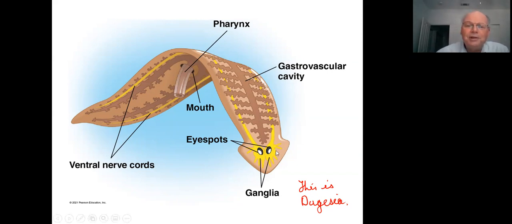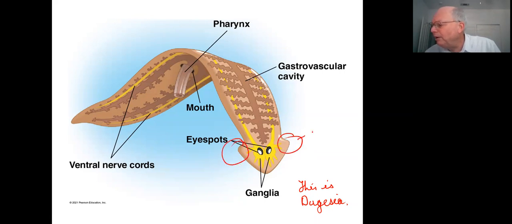In the center of the anterior end, representing the beginnings of cephalization, remember the clustering of sensory apparatus at the anterior end is something that we see with bilateral animals, and we refer to that as cephalization. We have a pair of light sensing organs called eye spots, and then out on the edges of the triangular region of the quote unquote head, we find auricles. And this senses